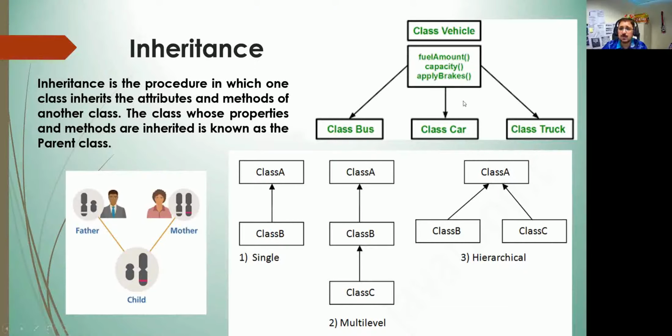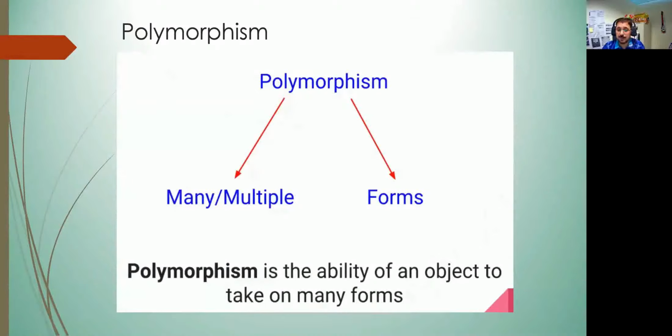For example, here the vehicle class can behave as a bus, as a car, and as a truck also. So the general concept sometimes behaves like a car, and sometimes maybe like a truck. This changing of behavior is possible, and we will do this practically. This process is called polymorphism. This is another property of object oriented programming.